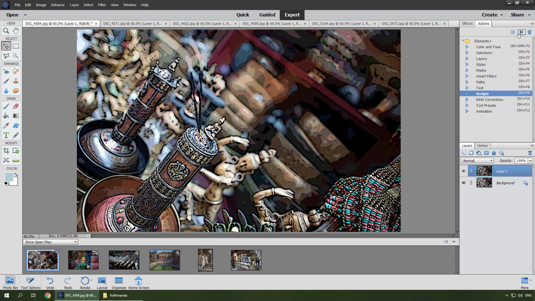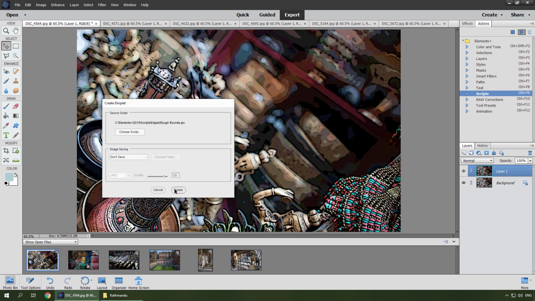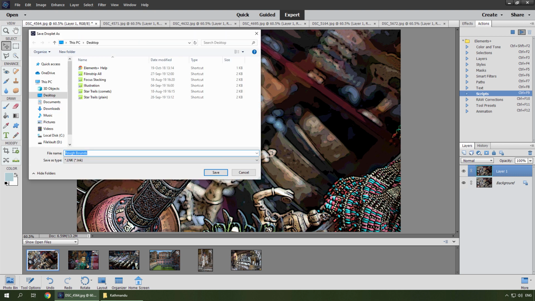I open the Scripts catalog, select a script in the list, click Droplet button, click Create button. To avoid cluttering the desktop, I make a separate folder for my droplets. I save the droplet,